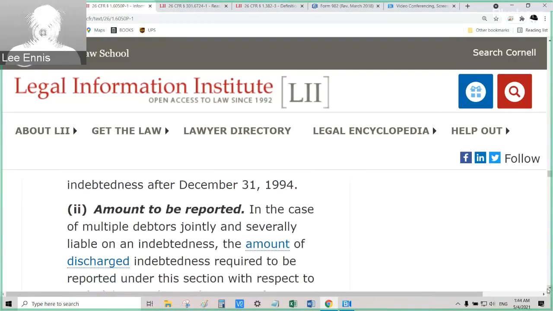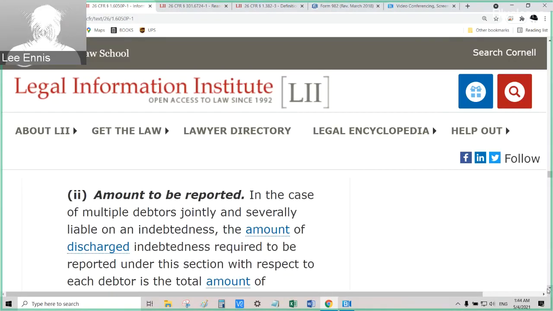Now, the question becomes, why would you want to ever issue a 1099-C to your son or your daughter or whatever? Well, this really goes back to CYA, keeping a paper trail. When you are reporting items on your tax return, when the IRS asks for proof, when you have a filed 1099, that is your proof. This is something that's so important, and I talk about this all the time. If you pay someone more than $600, if you file a 1099 and report it and say, hey, I paid this person $600, that is your proof of payment,